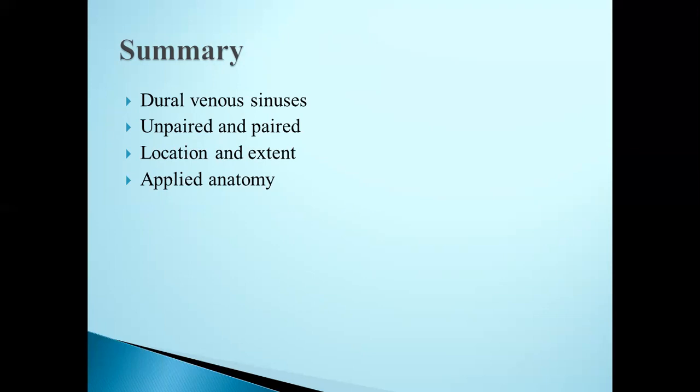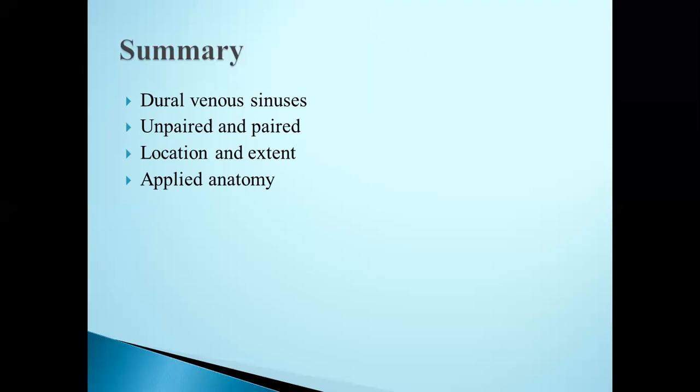There are a total of 23 sinuses, 8 are paired ones, 7 are unpaired ones. The unpaired ones are superior sagittal sinus, inferior sagittal sinus, straight sinus, occipital sinus, then you have basilar plexus of veins, and anterior and posterior intercavernous sinus. So remember these names and write about the details of these sinuses.